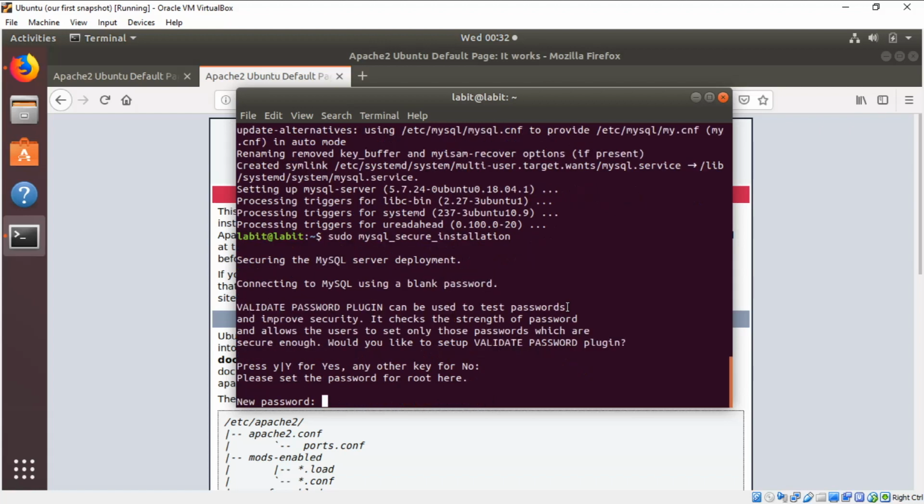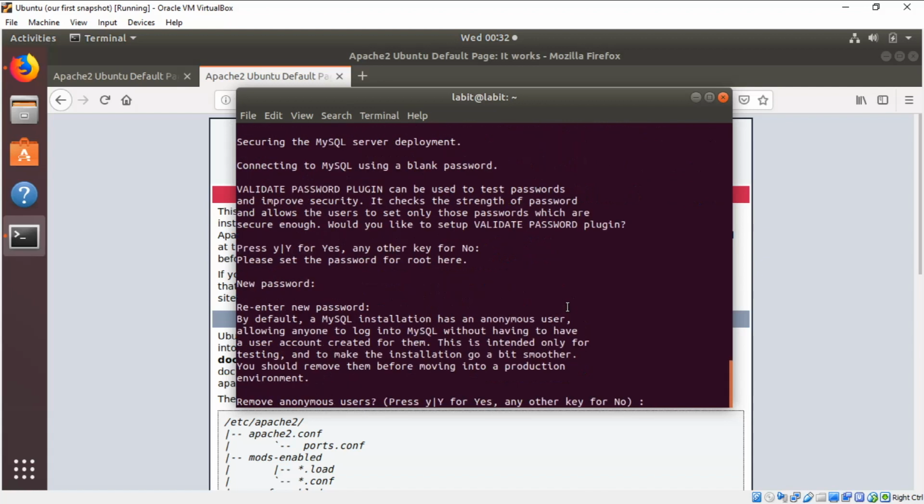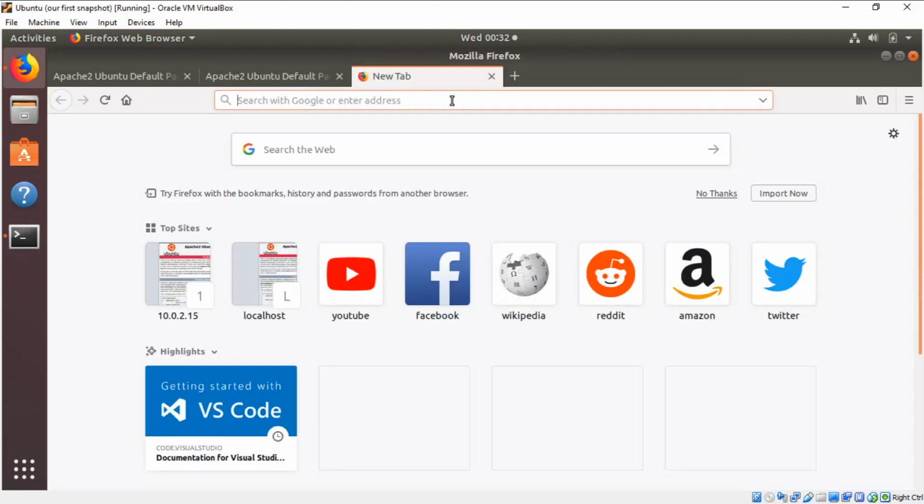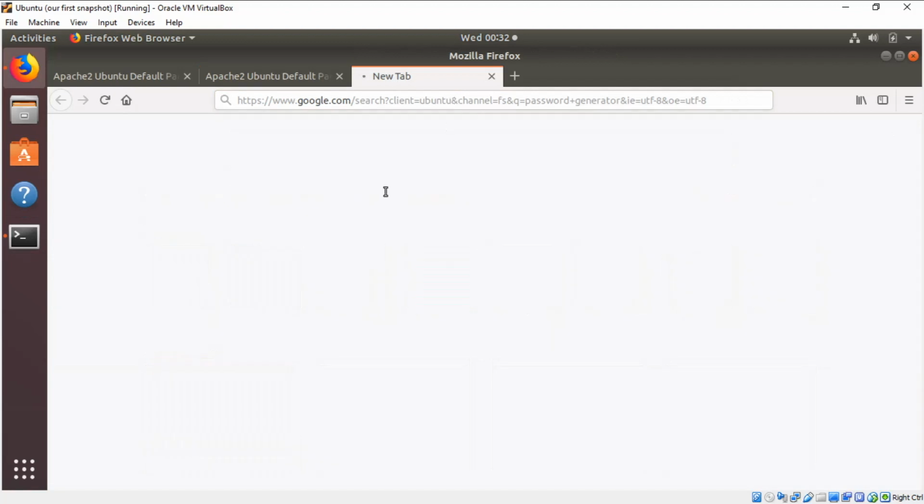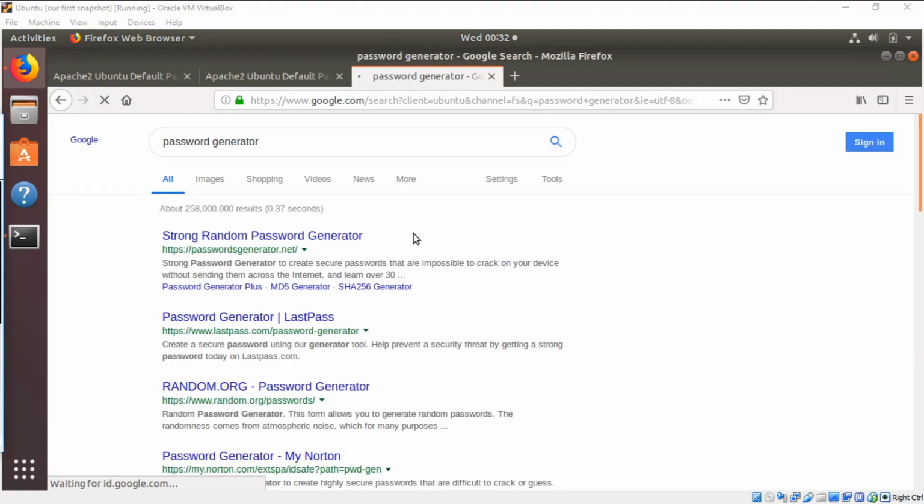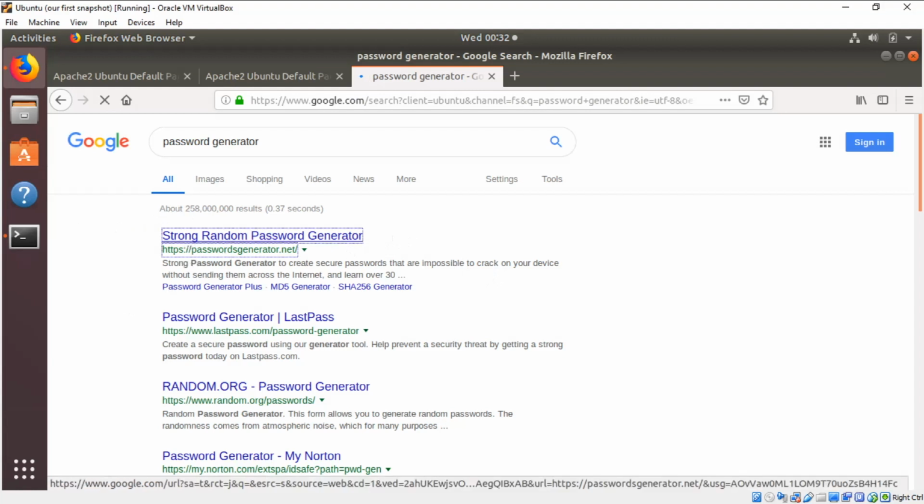I'll need to type in some secure password. Now if you don't know how to generate a secure password, you can go to your web browser and search for a password generator, and go to one of the websites that offers a strong password generator tool. I think Chrome gives you that utility as well. You can generate a password here,